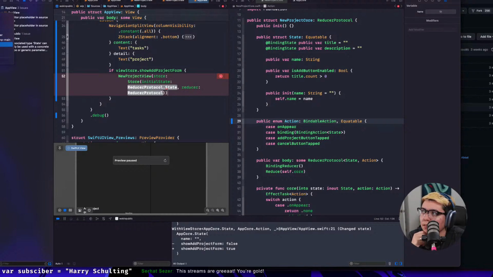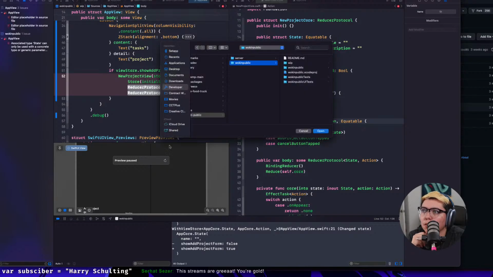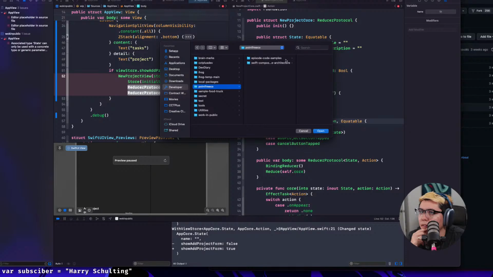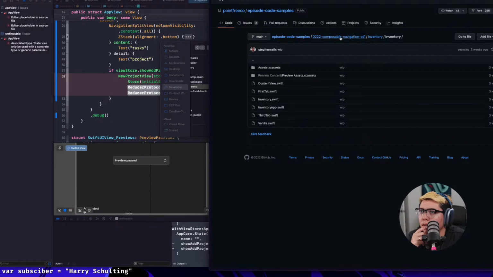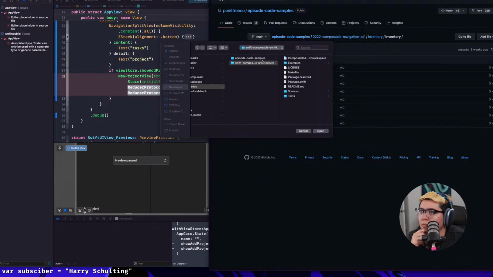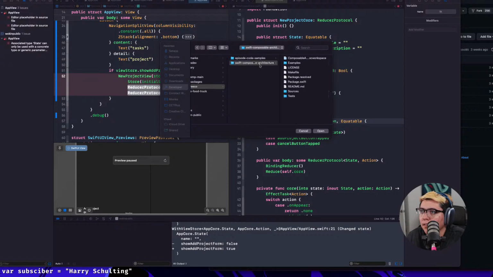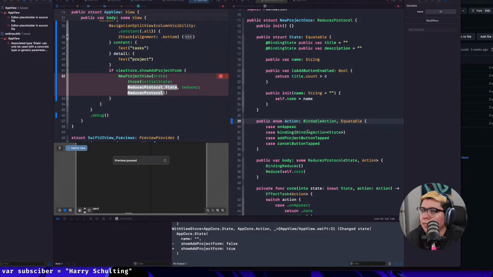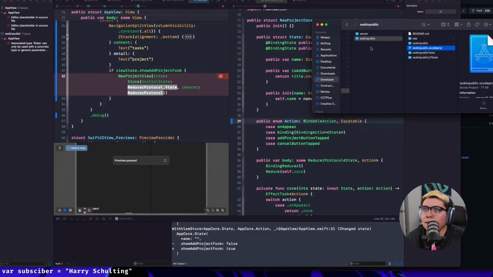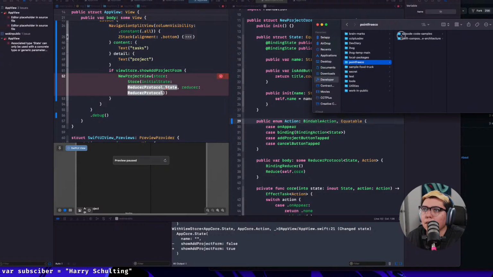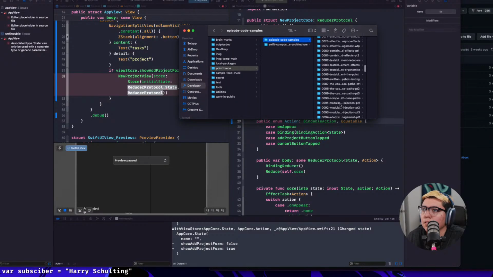Which one did I do it in, though? Which one did I see it? Anyway, we'll just go to open and then try to find it from here. Point Free. And it looks like we have an episode code samples. Is it not? Okay, let's try again. Open. Point Free. Really? That's odd. Apple, come on. Thank you. And it's